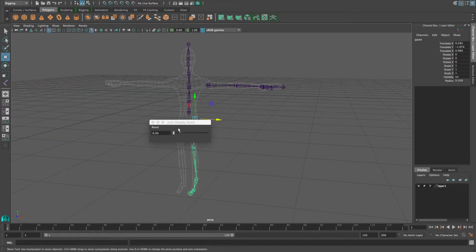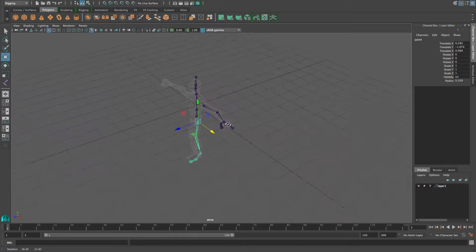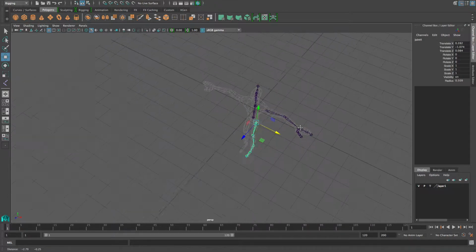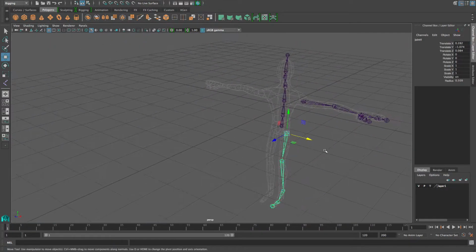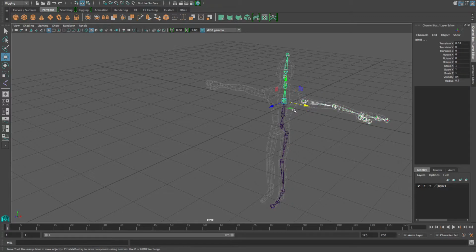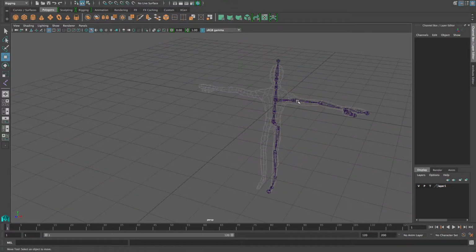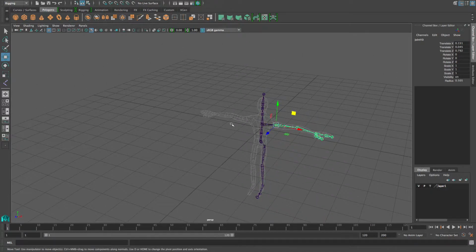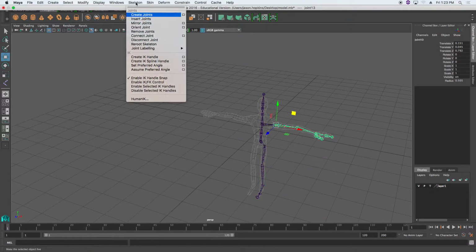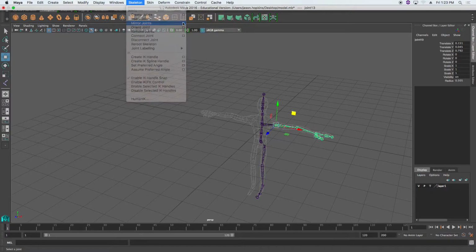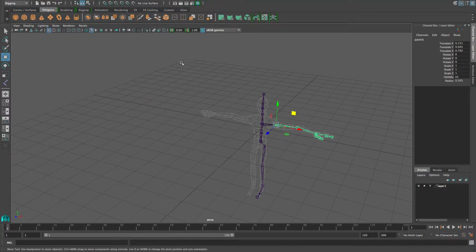But so here we are with the basic joint setup for our character. I'm going to select this and hit hotkey P to parent this arm to this joint right here. Good news is we can actually swap sides by default, going to Skeleton, Mirror Joints. And if we open up this option box right here,